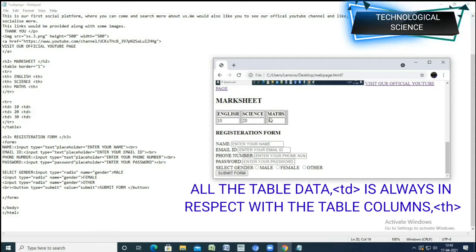And if you really want to make your table more diverse or more vast, you have got the basic thing how to create it. So you can just increase the spacing between 2, 3, 4, make it 4, 5, 6, 7 as you wish. Then you can just create more columns and then more rows, but just remember that the first data would be in respect to the first column, and the second would be in respect to the second column. So remember this thing.